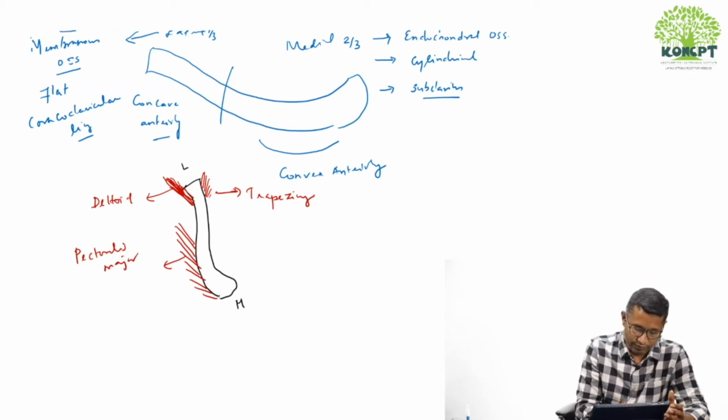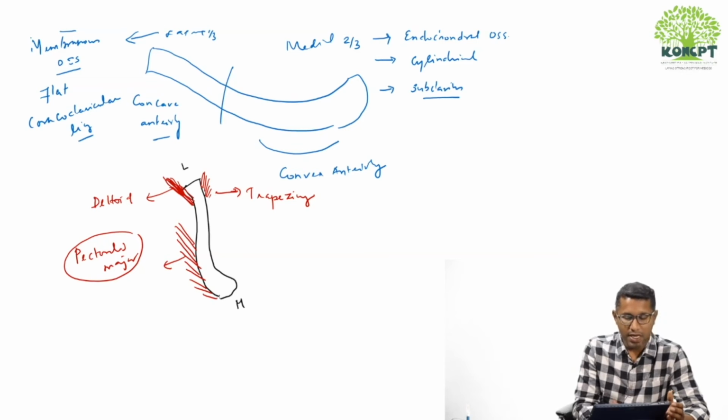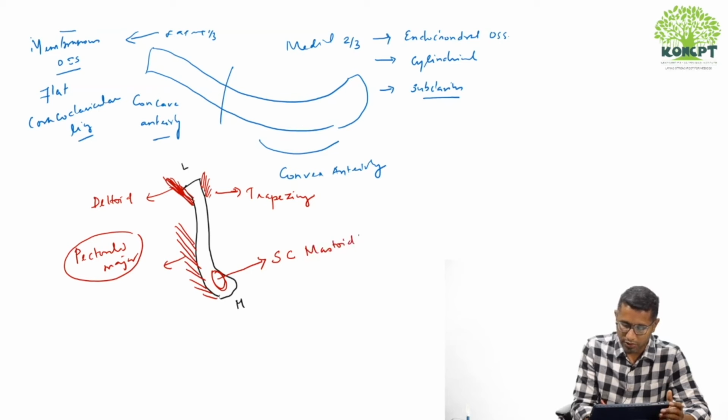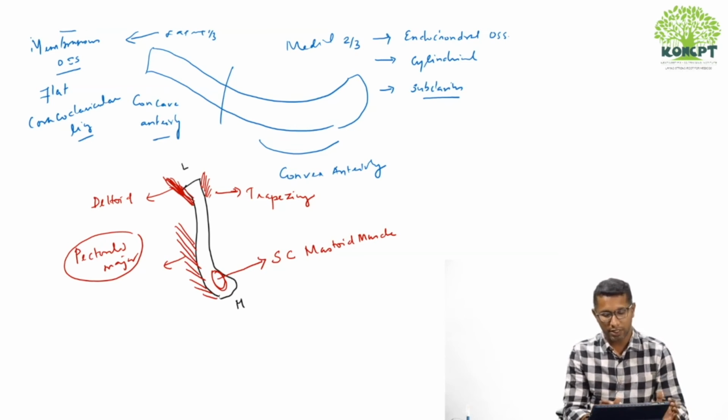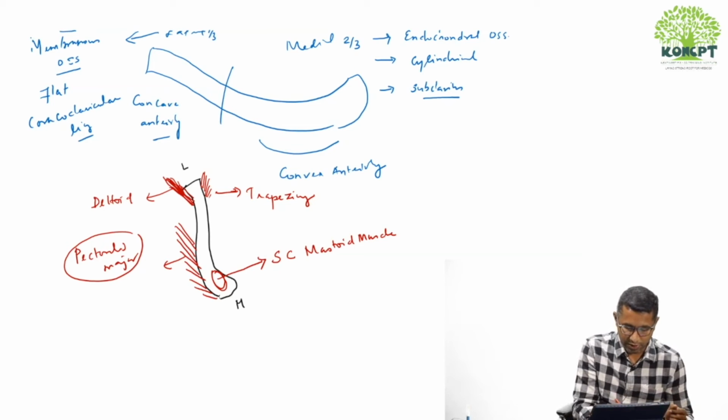The clavicular head arises from the medial 2/3 anterior aspect. From the superior aspect, there is a muscle which gets its origin, which is the sternocleidomastoid muscle. As we have already seen, on the inferior aspect, in the middle third,